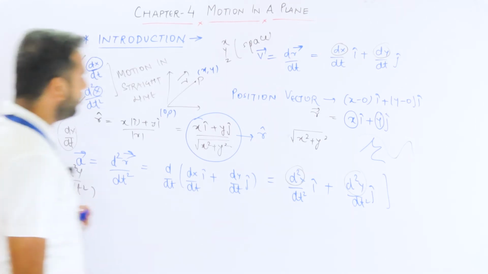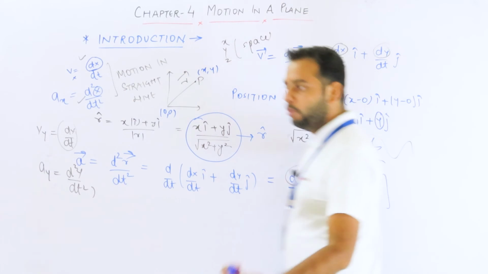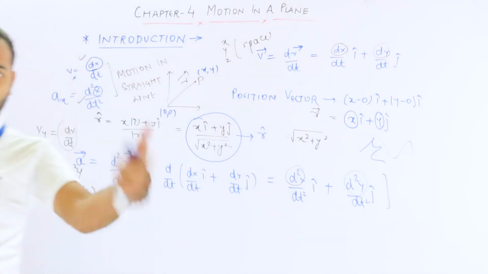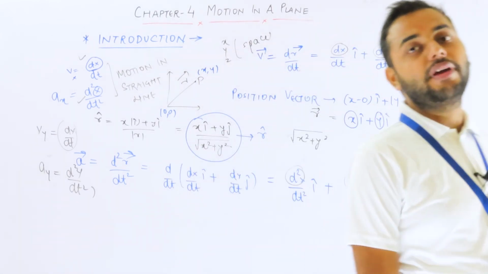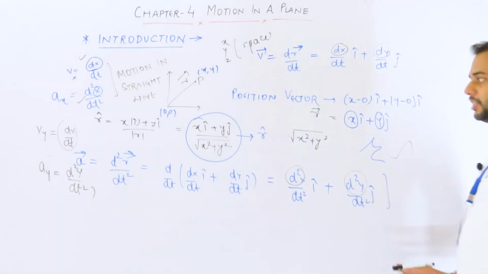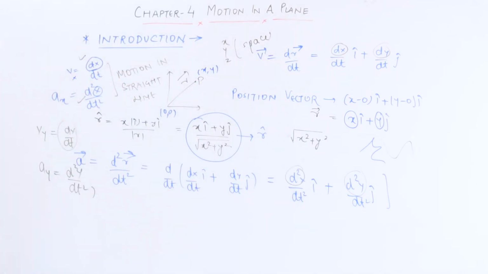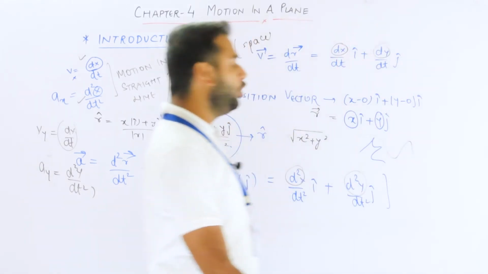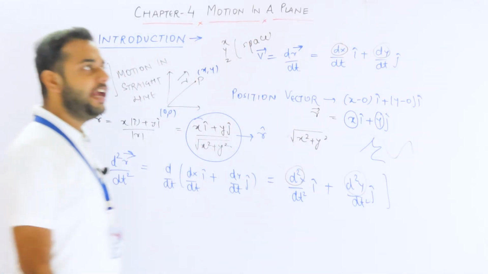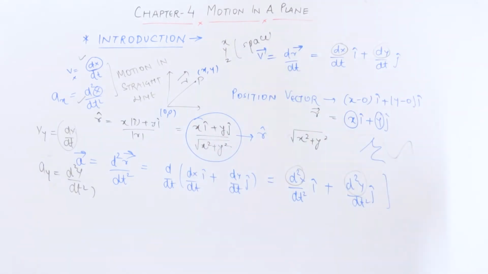Now let's talk about, so this is it guys, that's how we can differentiate between motion in one dimension, which is simply motion in a straight line having one dimension only, motion in a plane, which will always have two dimensions, x and y, and motion in space, which will always have three dimensions. Okay, so can you give me some more examples of motion in two dimensions or three dimensions? If a particle moves in a sphere, what will happen? That is motion in three dimensions.